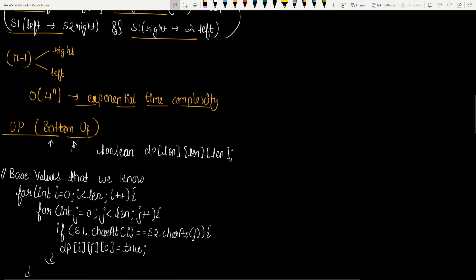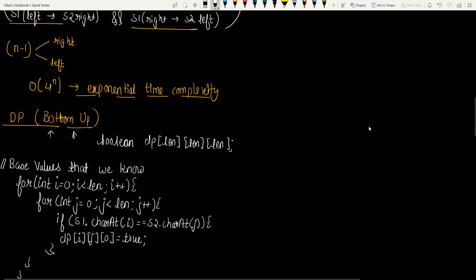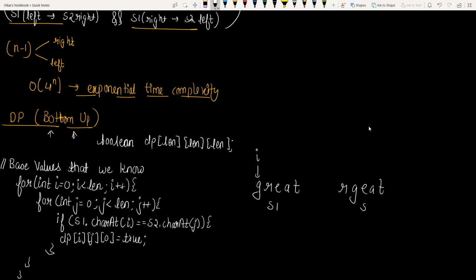Let's see. Basically we are going to use two for loops. Let's take an example, GREAT and RGEAT. i is going to be the iterator for string s1, and j is going to be the iterator for string s2.